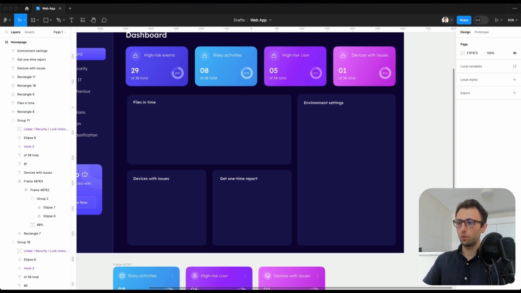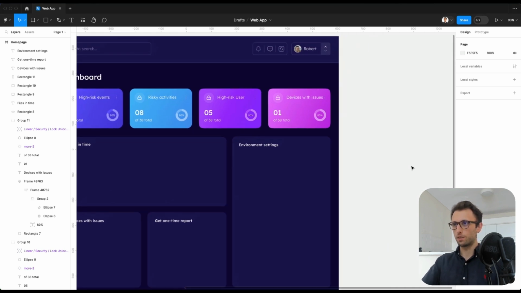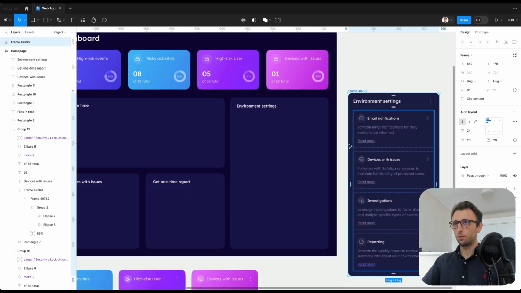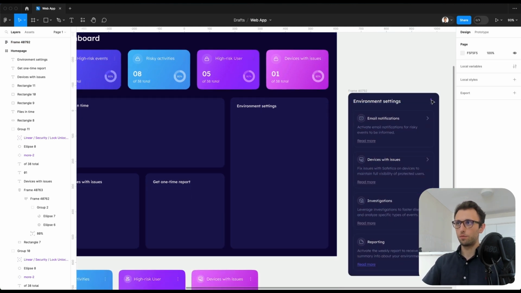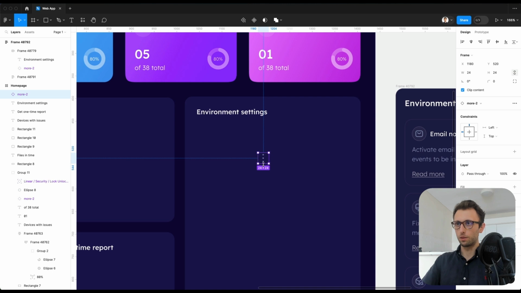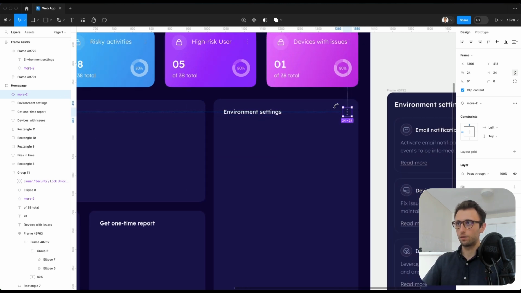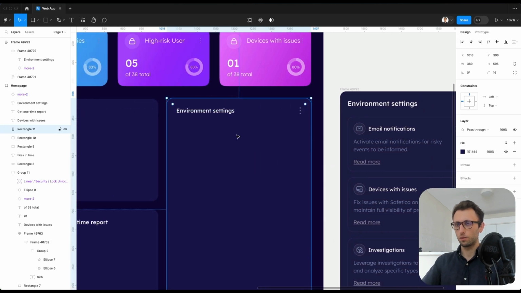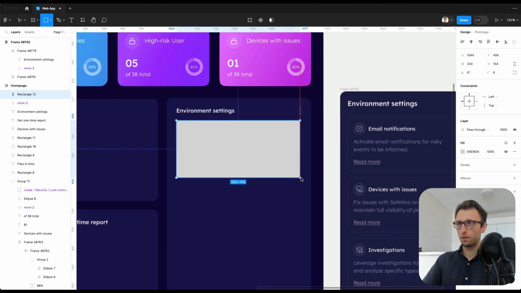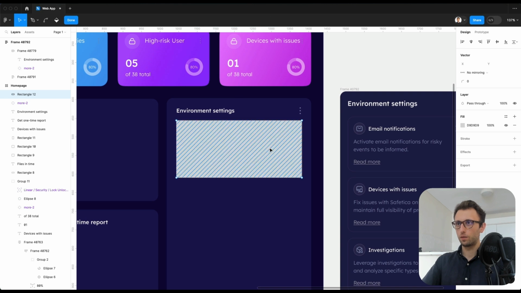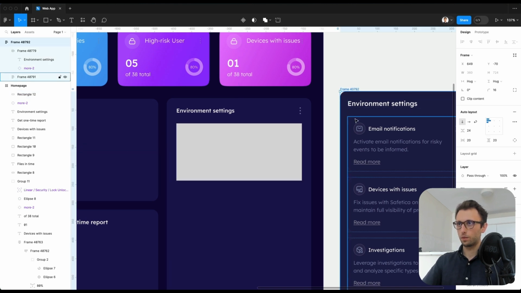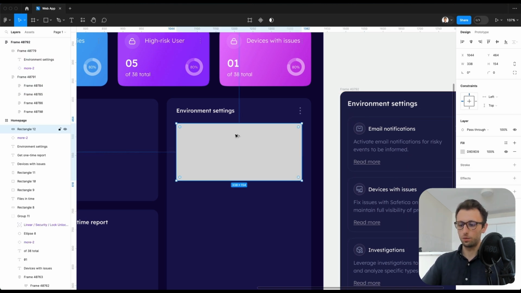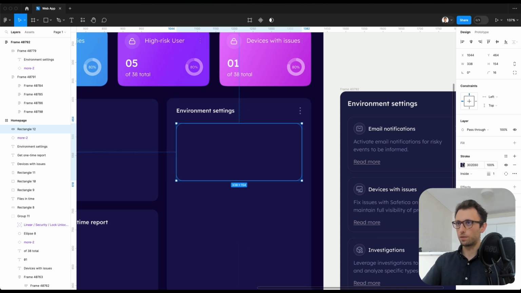And now what we're going to do is replicate a section like this. If I can select it. So pretty easy. Simply need to add the icon on the top, and then we need to create a base template for this element, which is going to be pretty straightforward. I'm going to add the rectangle right here. I'm going to go back. I'm going to copy and paste the style,